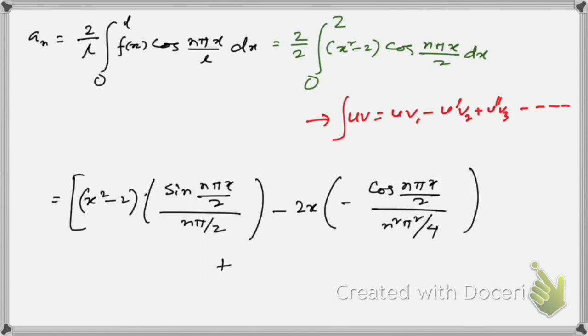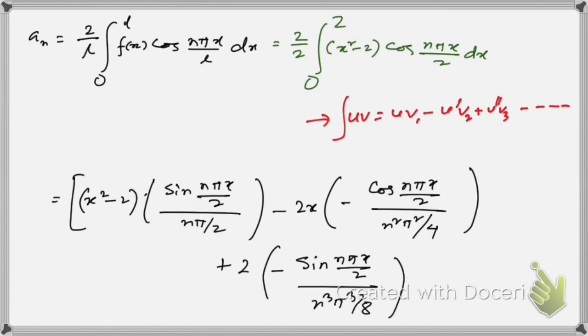Then the last term will be plus 2 minus sin(nπx/2) divided by n³π³/8. That's what you will get, and we are integrating it from 0 to 2. Upper limit is 2, lower limit is 0. So